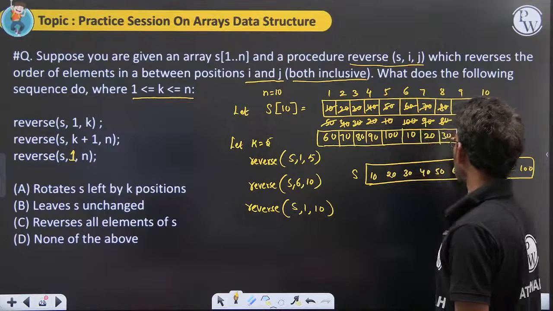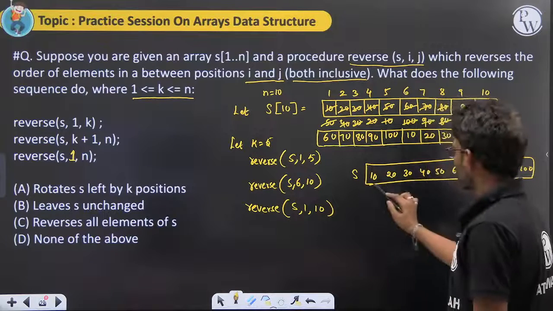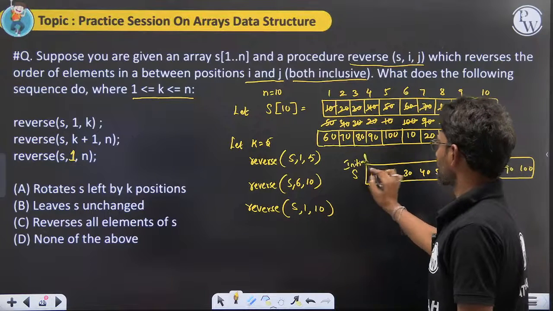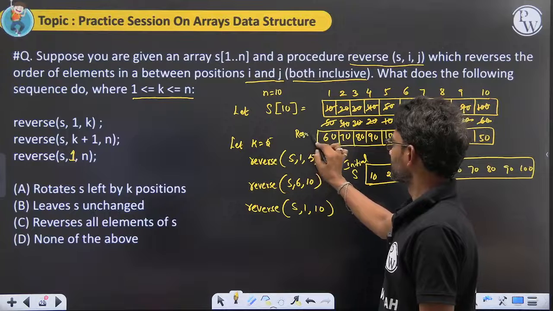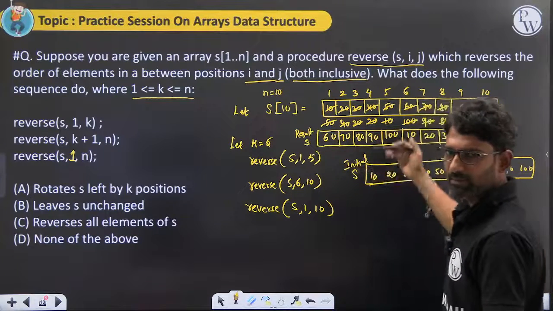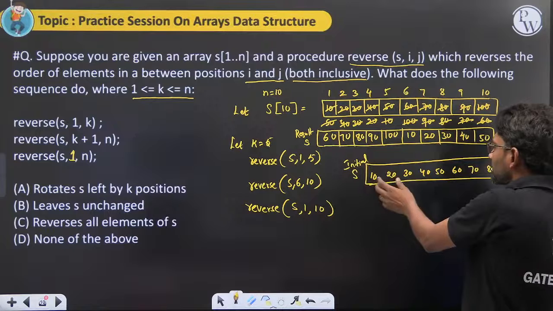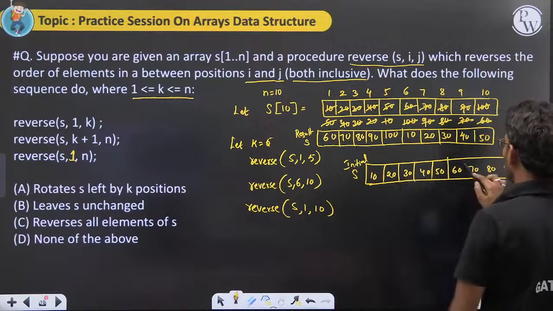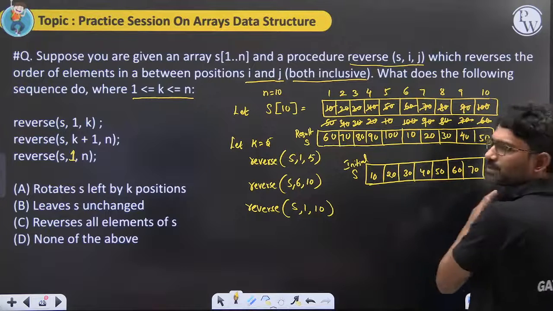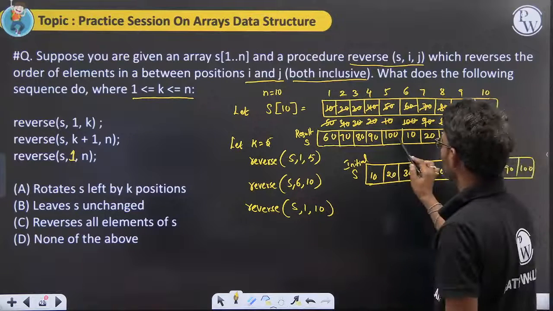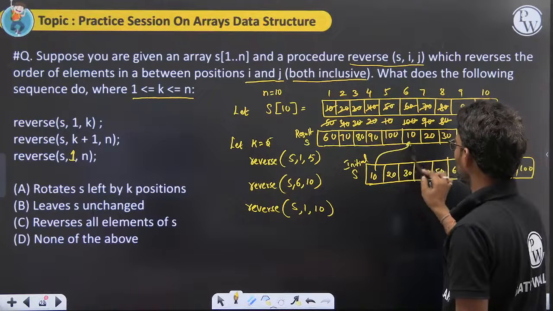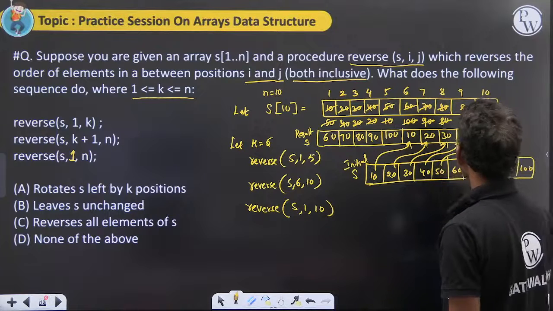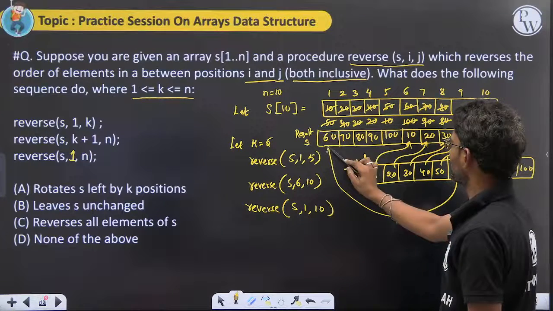So what do you understand? This is the initial array. This is the result array. So what do you understand by comparing both? This 10 to 50 got shifted right by how many positions? 5 positions, right? So 10 came here, 20 came here, 30 came here, 40, 50, and this 60 came here,